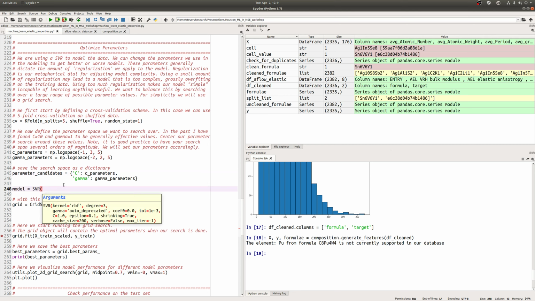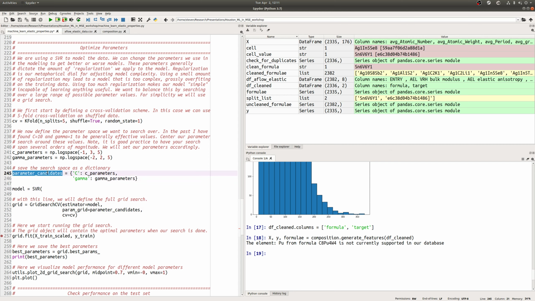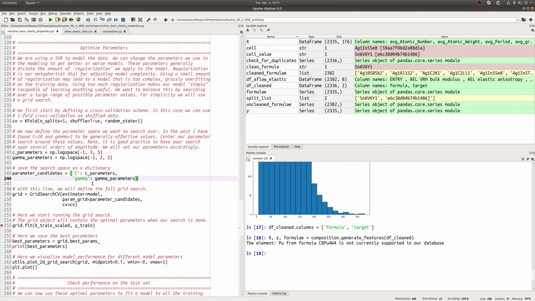And then another one of them was gamma, right here. So I'm going to go ahead and put this key as gamma. So now this dictionary can be used as the arguments to a function if we do stuff fancy. And then finally,